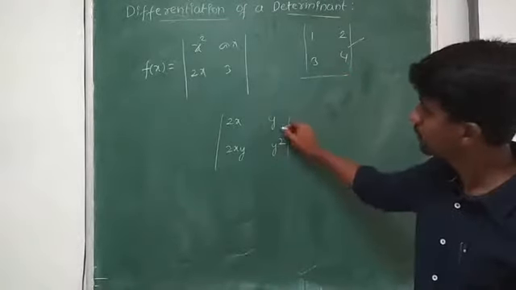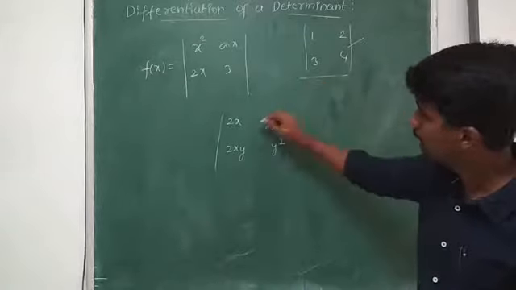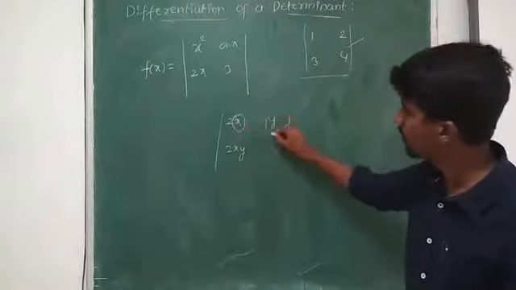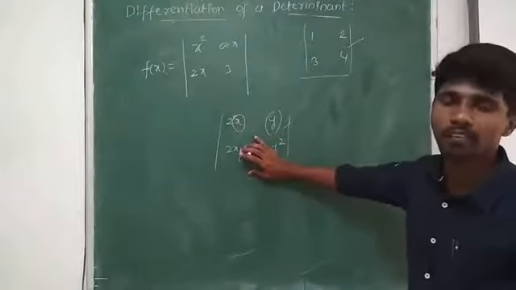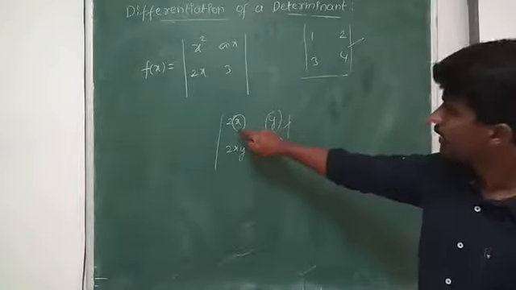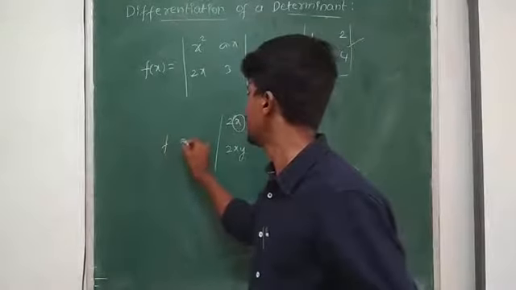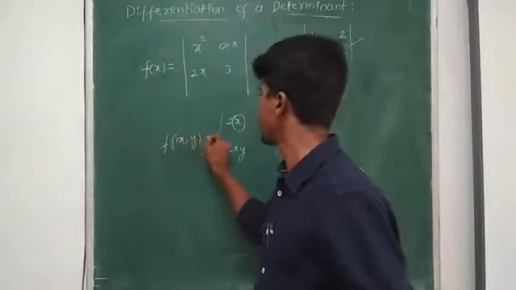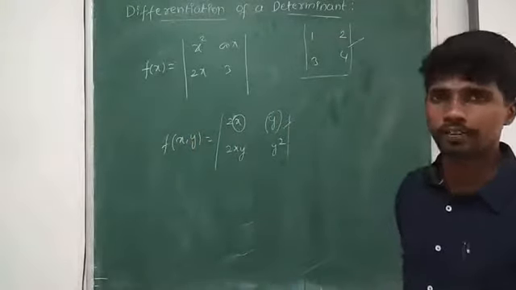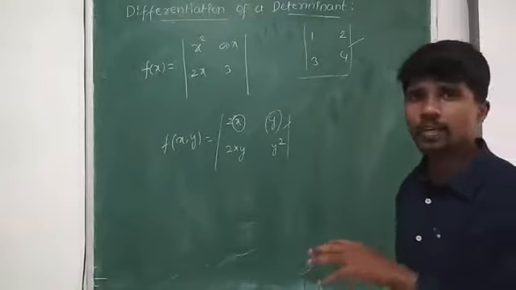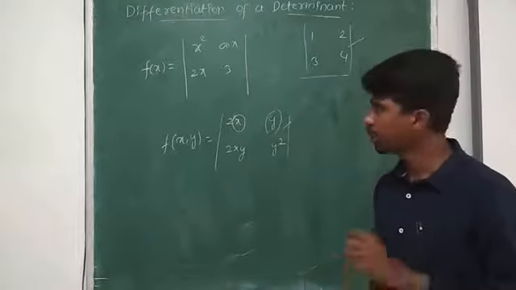The next one, the different determinant we have. Here I have two variables, one is x, another one is y. So this particular determinant is a function in terms of x as well as y. So I can take 3 variables, 4 variables in that way. Now in this particular exercise, what are we going to discuss?